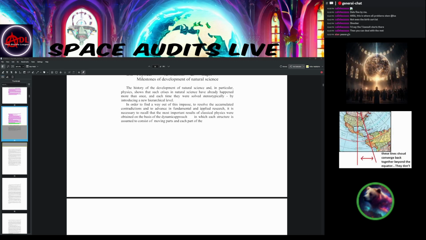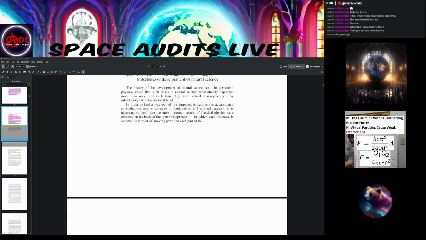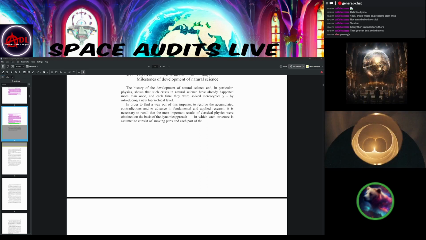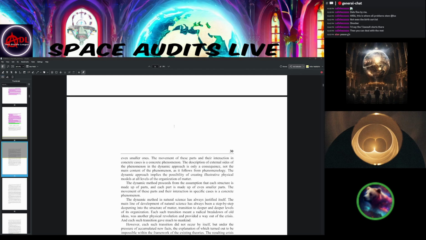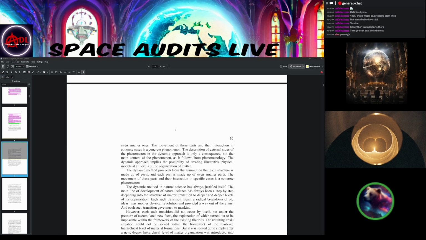In order to find a way out of this impasse, to resolve the accumulated contradictions, and to advance in fundamental and applied research, it is necessary to recall that all the most important results of classical physics were obtained on the basis of a dynamical approach, in which each structure is assumed to consist of moving parts, and each of the parts of even smaller ones. The movement of these parts and their interactions